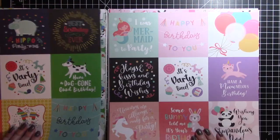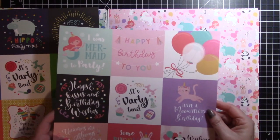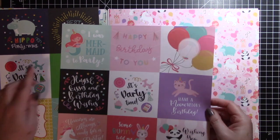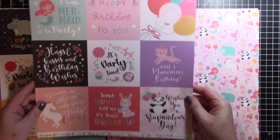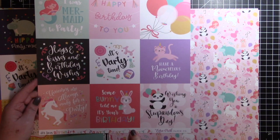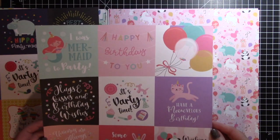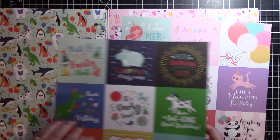Very cool. Then we have some more cut aparts. These are the 4x4 size, and these would be good on larger cards. Somebody told me it is your birthday. Very cool. And then we have these